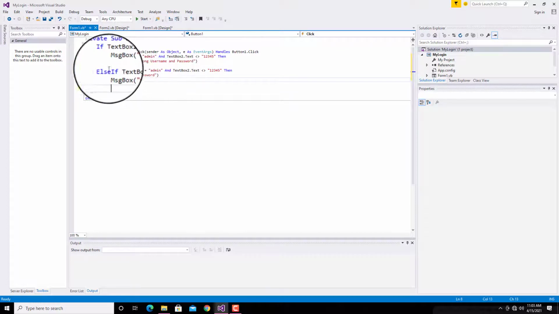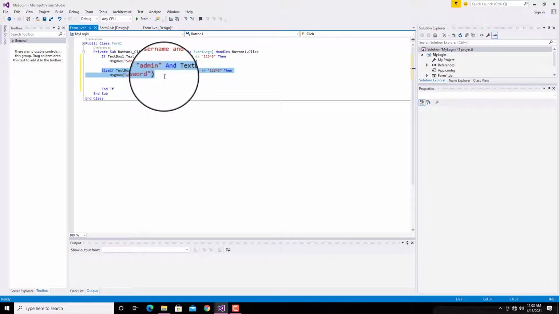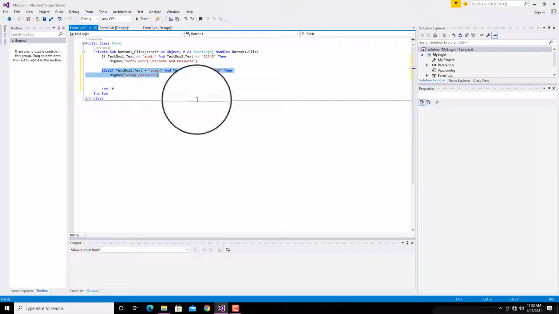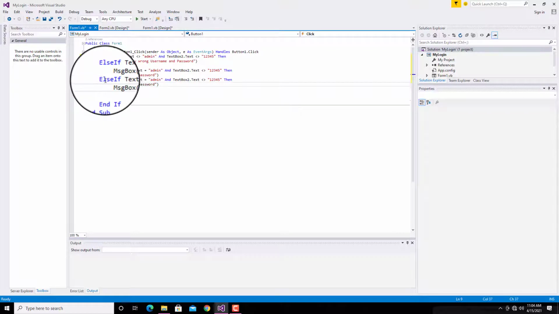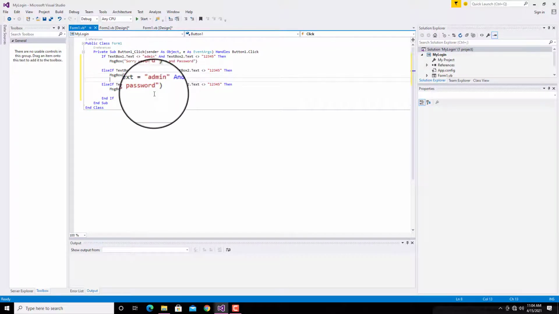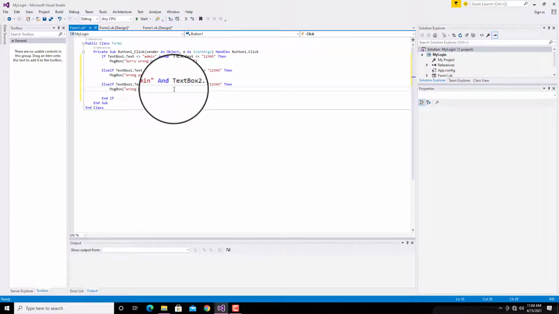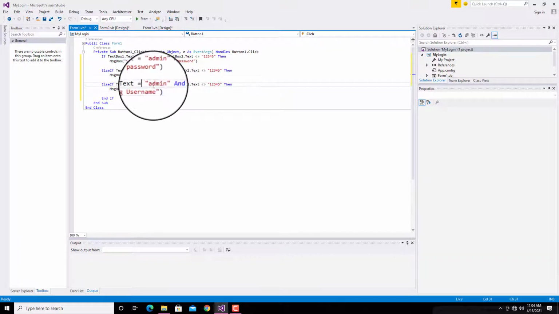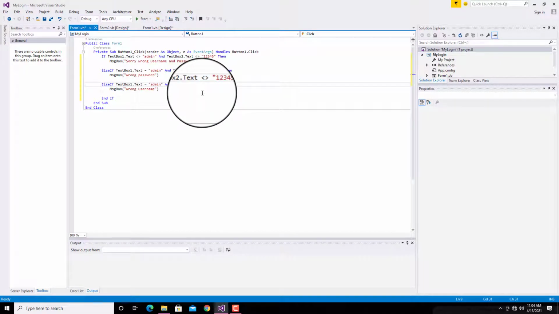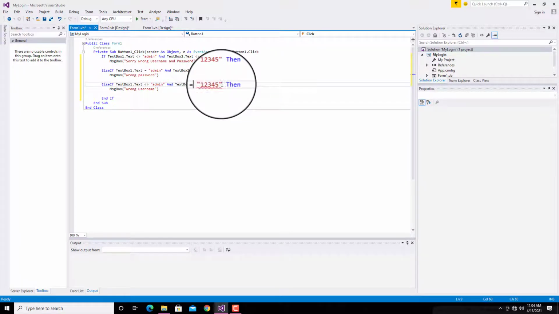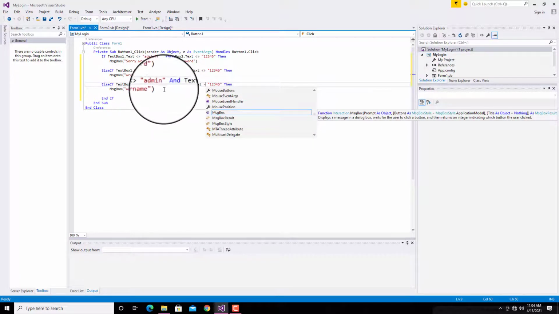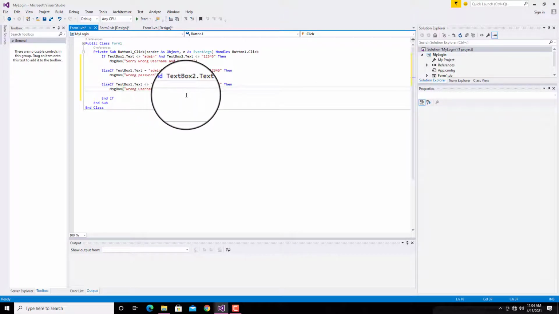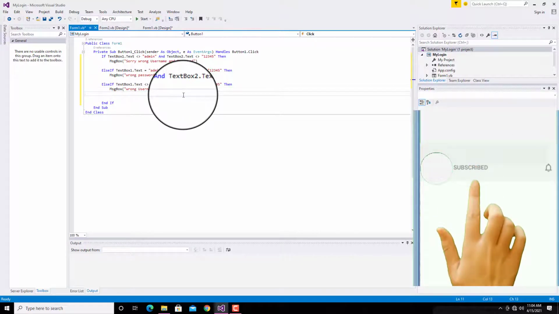Another one, else: I'm going to copy this and paste it down here. So we will change this to equal to admin, and this is equal to, then message from this. Alright, if all this is not met, else